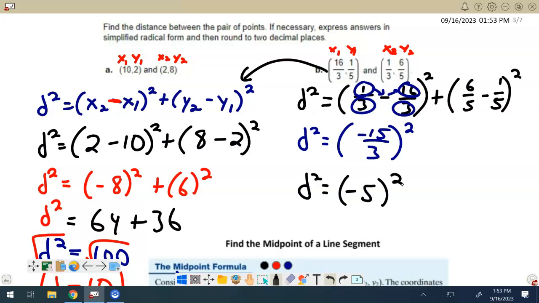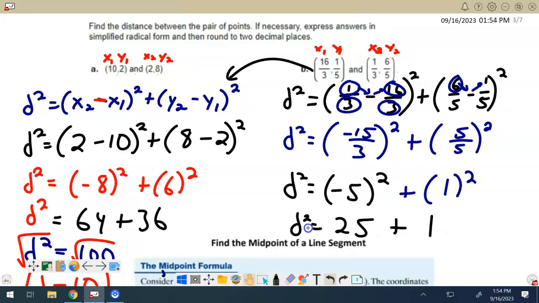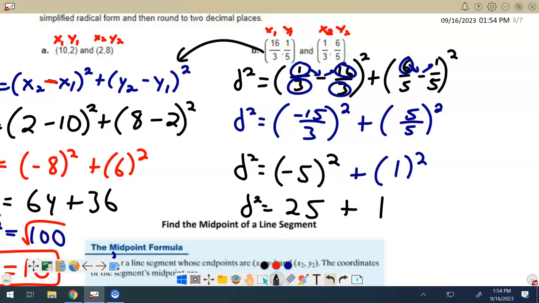And then negative 5 squared is going to give me 25. So that works out pretty nicely after all. Here we're going to have 6 minus 1, which is going to give me 5, over the common denominator of 5. 5 divided by 5 is 1. 1 squared is going to give me 1. Right. So we end up with, I guess I'll write it over here, d squared equals